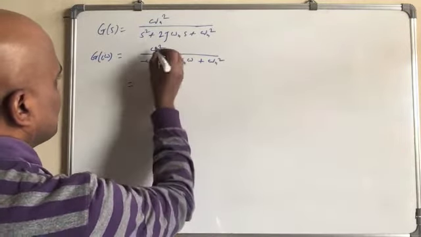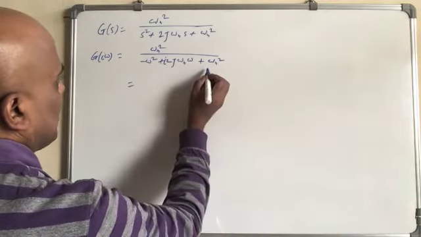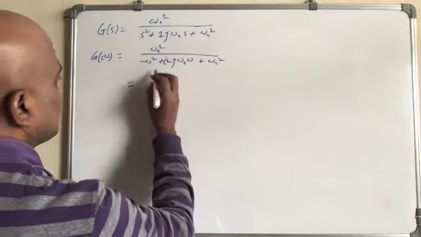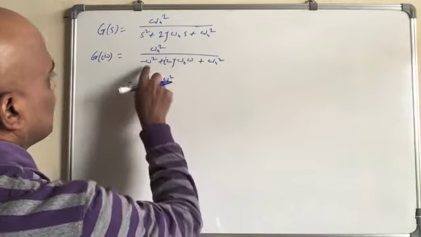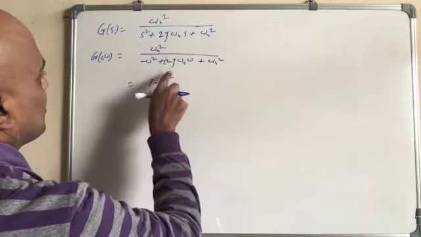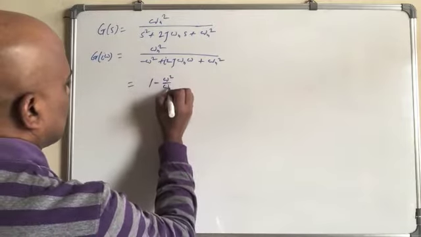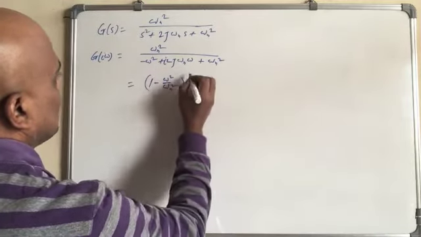We bring it down, and then we can have this one, so 1 minus omega square over omega n square plus